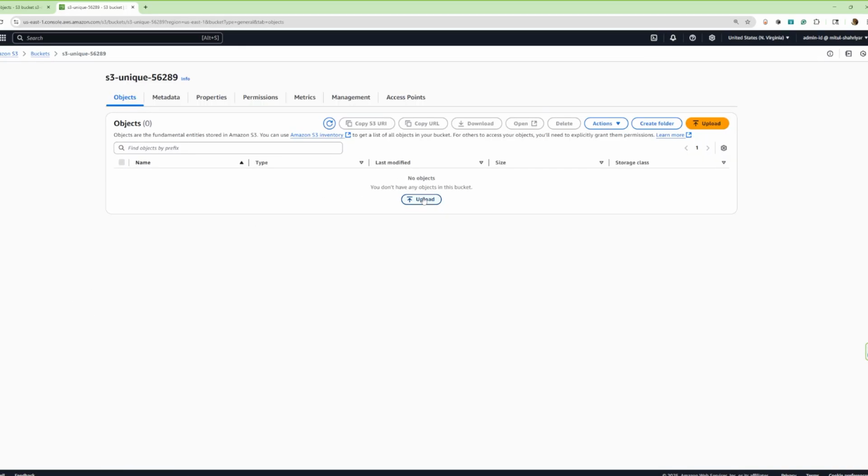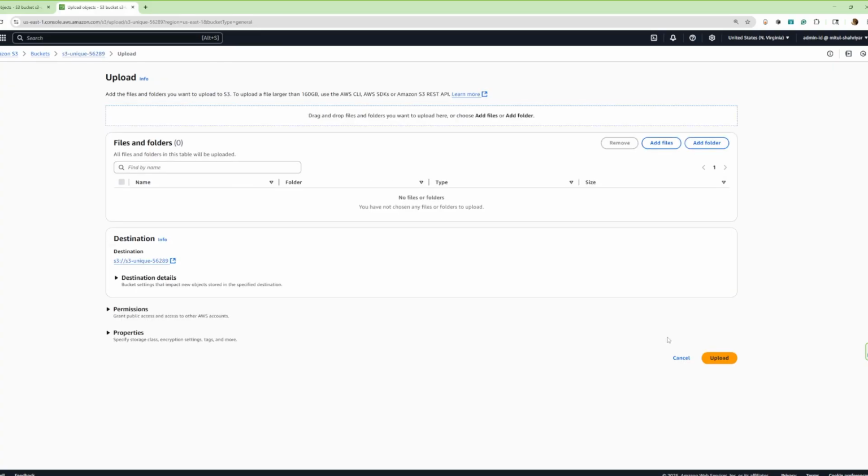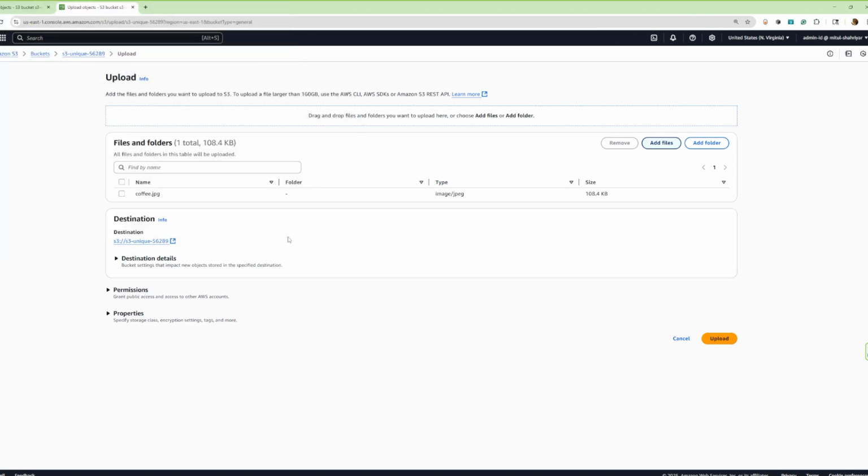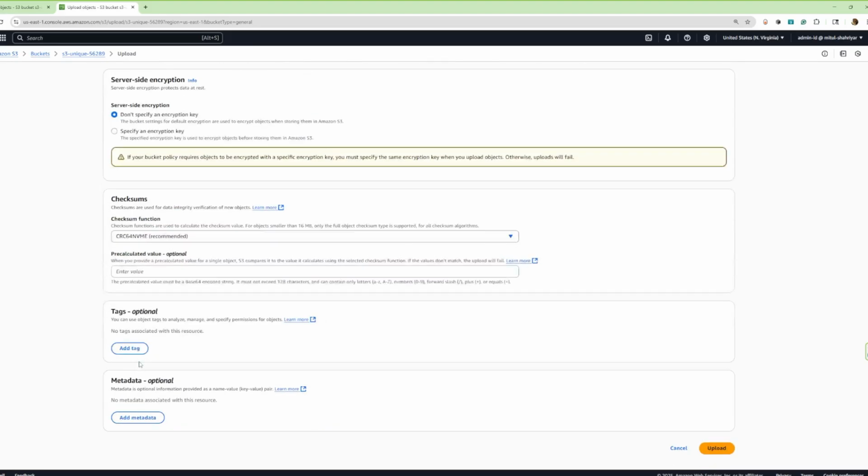Now the goal is to have the content, maybe some sort of files or images. There is no problem, these are all objects. Okay, let's just go for that, and let's add some file. First of all, let me add an image of some coffee. I haven't yet pressed this upload button, but if you look into the properties, here is the